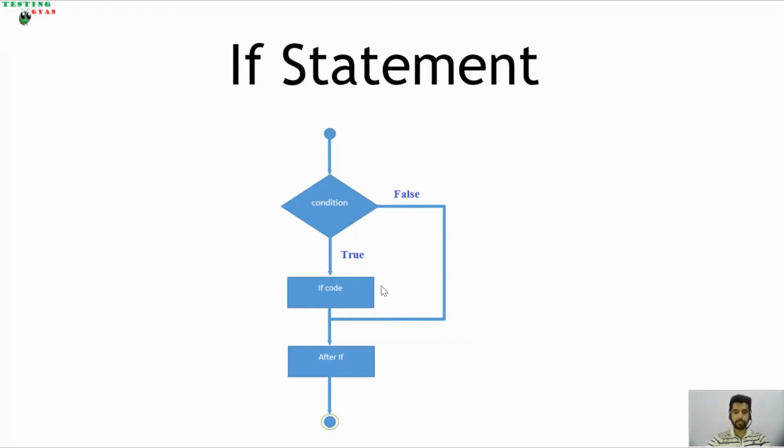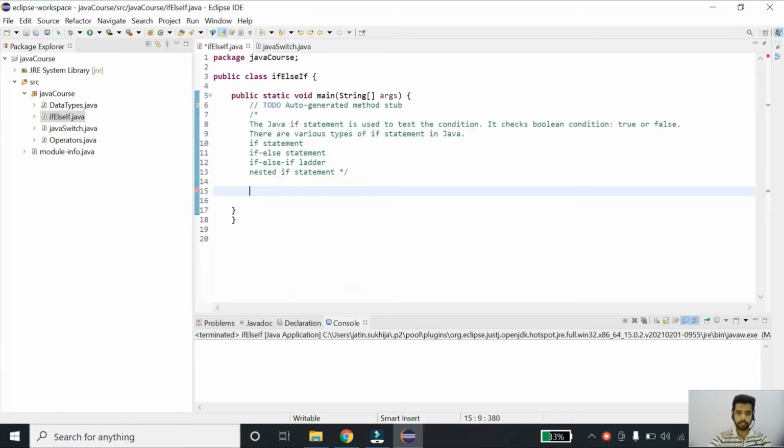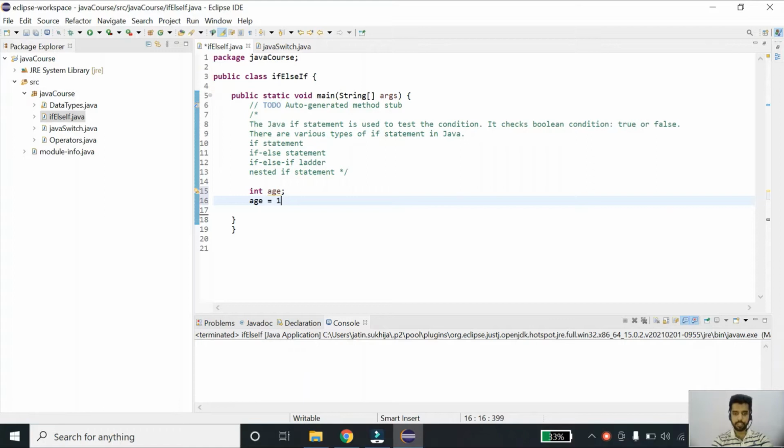Let me open my Eclipse. Let me write a code for the example which we have given earlier. So I have declared a variable age. Let me give value of age as 19. So let me write if condition over here.